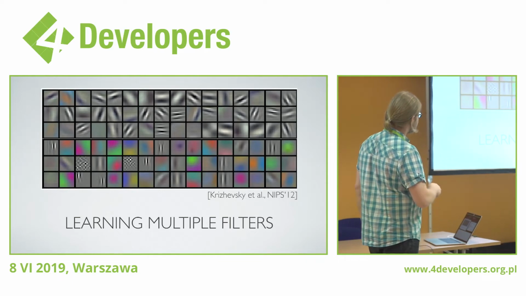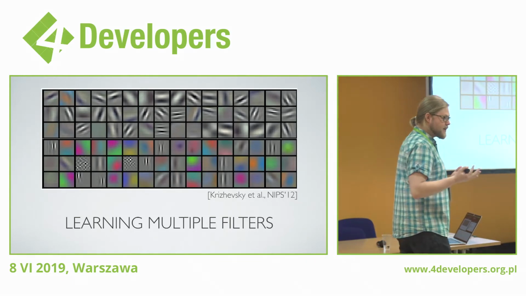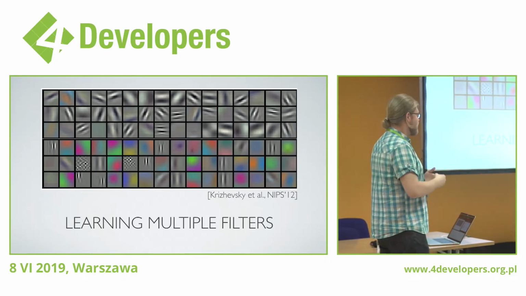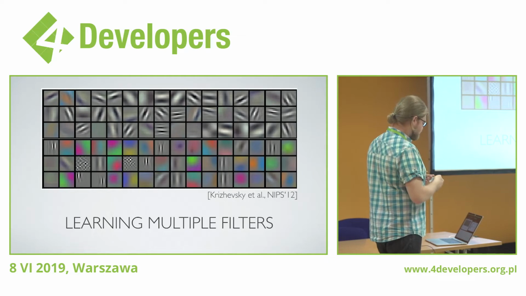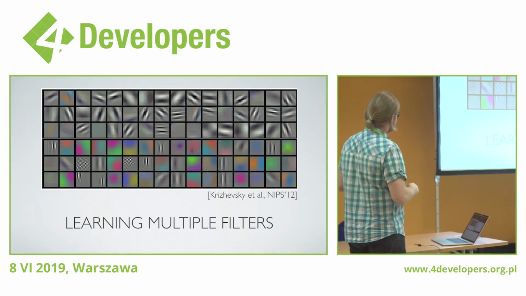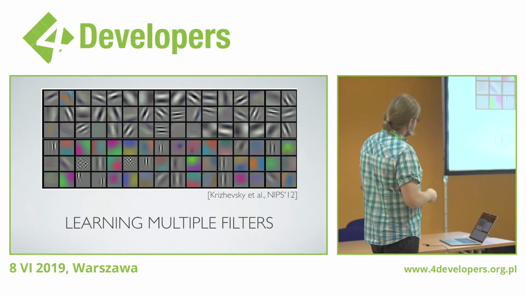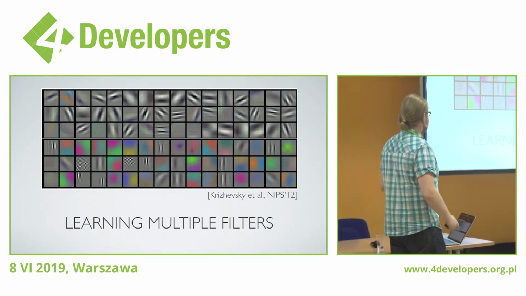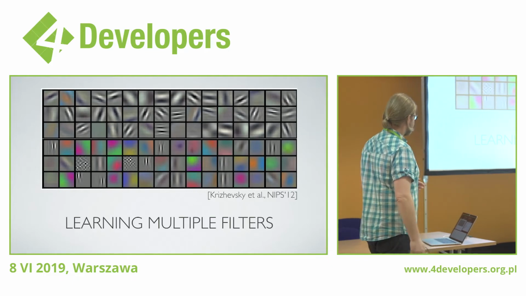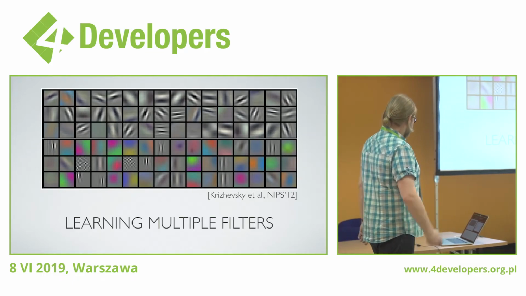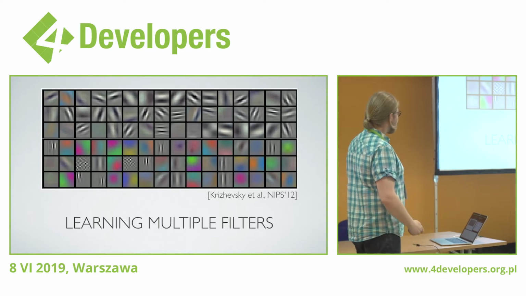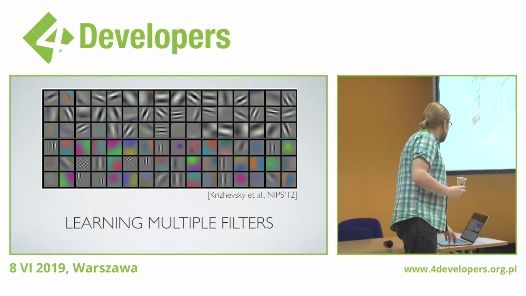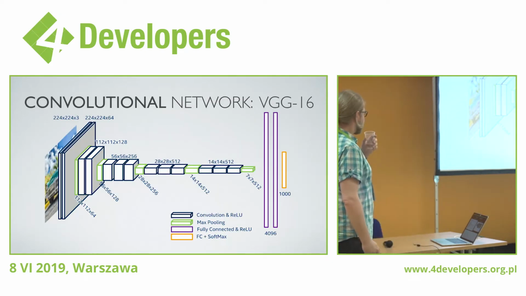So all of these edge detectors are something that the network figured out on its own, that is something that it will need to analyze images. And aside from these edge detectors, you can also see color boundary detectors are another set of filters that this network learned to recognize. So when you're actually building a modern convolutional network, you don't just have one convolutional layer,